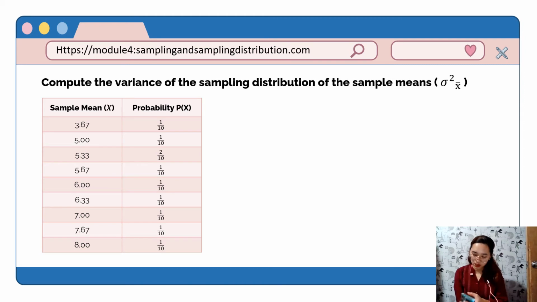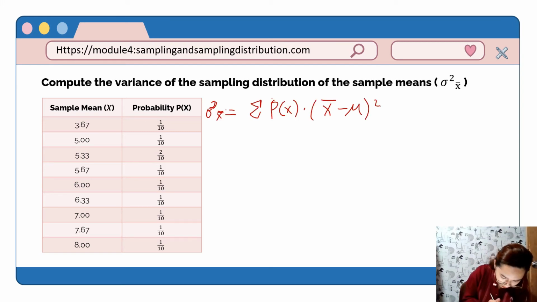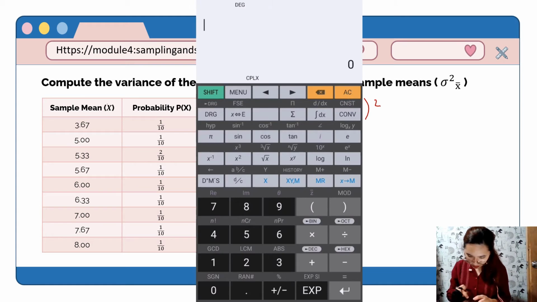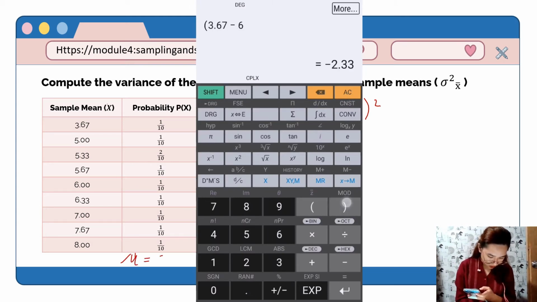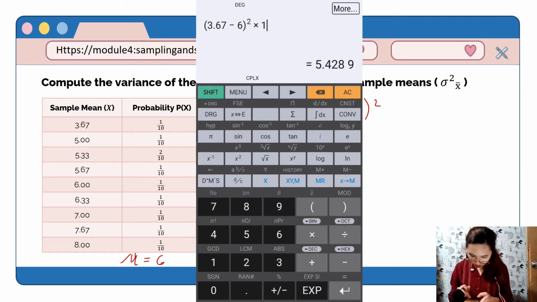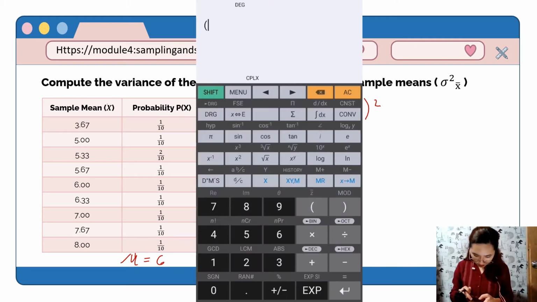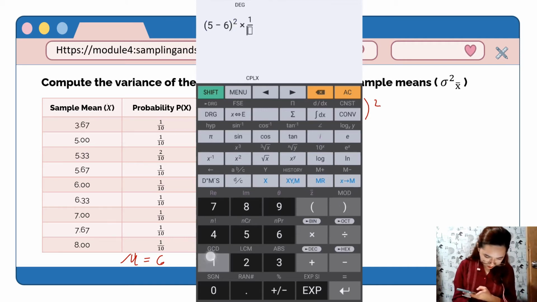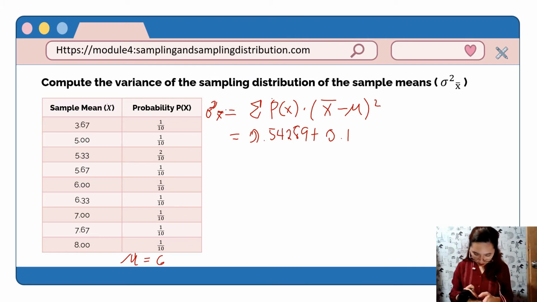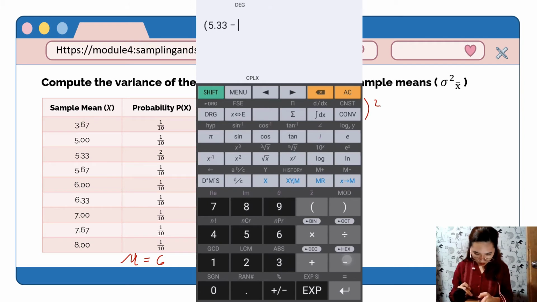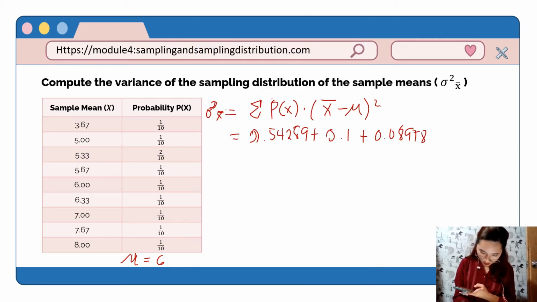Then, next we compute our sample variance. The formula is still the same. Let's go straight to the calculator. 3.67 minus, what was our mean earlier? 6, right? Minus 6 squared times 1 over 10 gives 0.5428. Plus 5 minus 6 squared times 1 over 10 is 0.1. Then 5.33 minus 6 squared times 2 over 10 is 0.08978. Plus